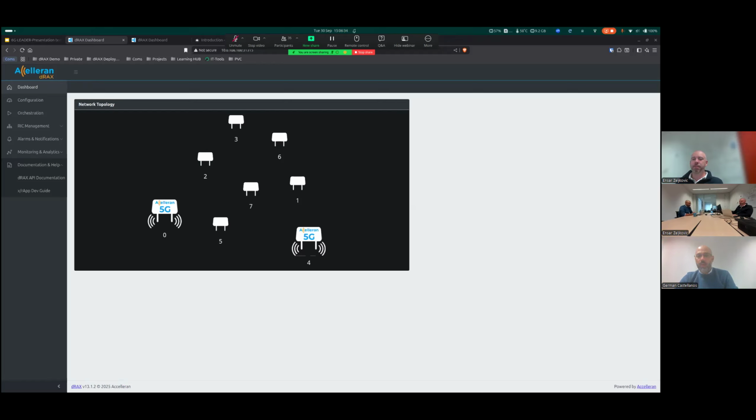On top of that, we have been working on other projects to integrate the dRAX via the E2 interface with non-terrestrial networks. Right now, the plan is to do it through end-to-end simulated networks, and the plan is to have more projects that take into consideration real end-to-end networks.